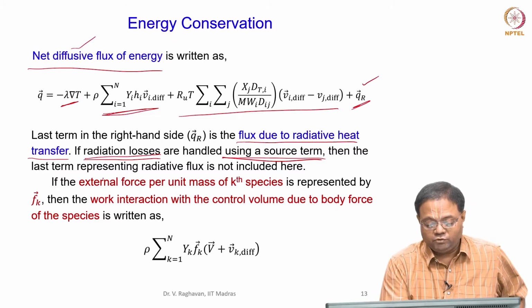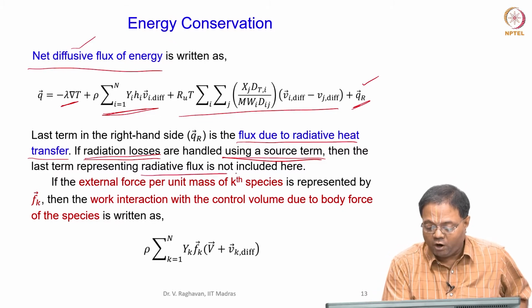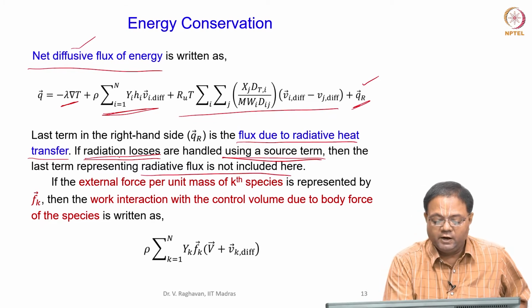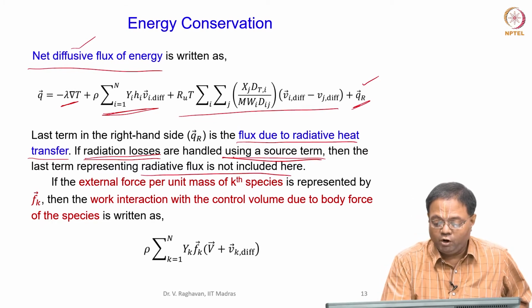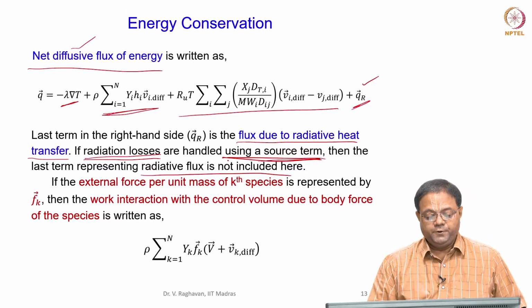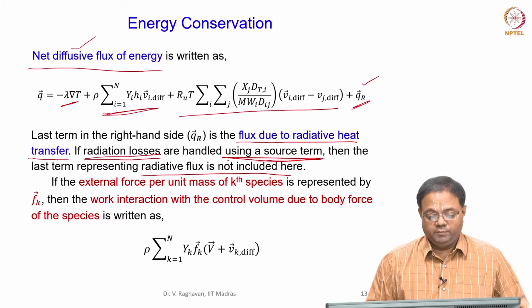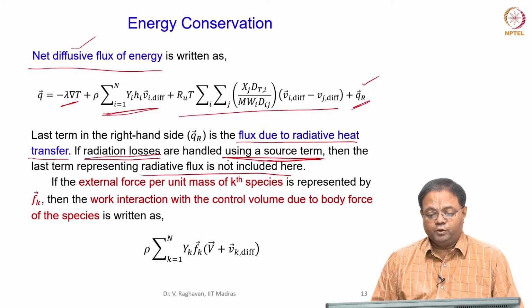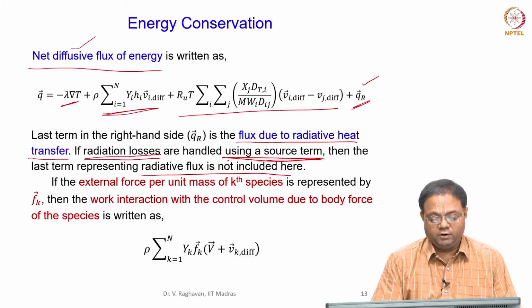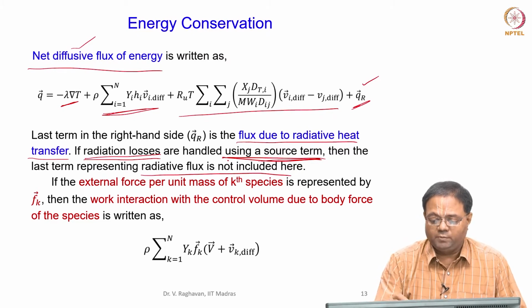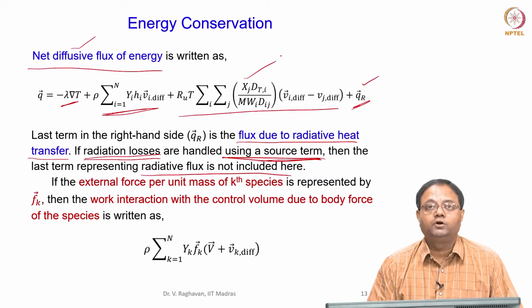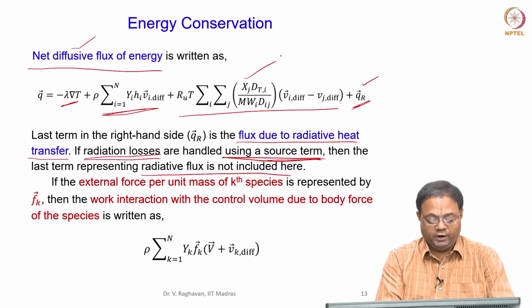The last term representing radiative fluxes will not be included if the radiation losses are handled as a volumetric source term. So, that is the main point to note here. Then, here the diffusion fluxes are summed up like this. Normally this term, the Dufour term, can be neglected. Now, next is,